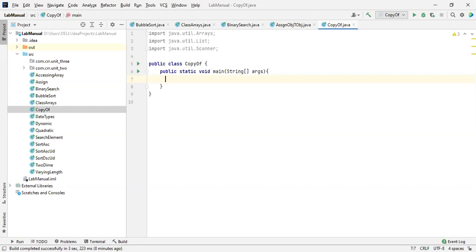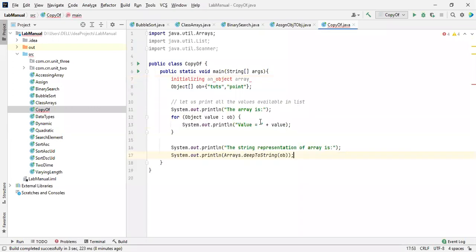Wait a second. Where is that? Yeah, got it. Okay, let me directly paste over here.